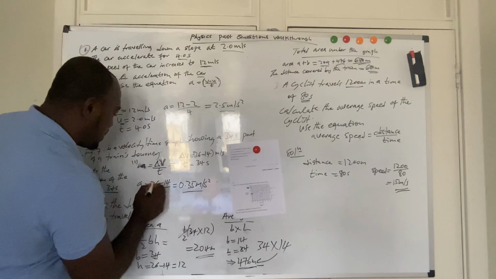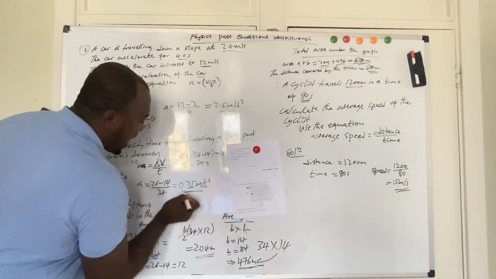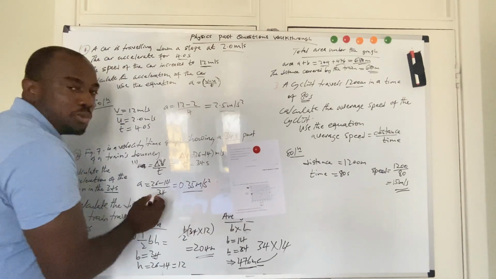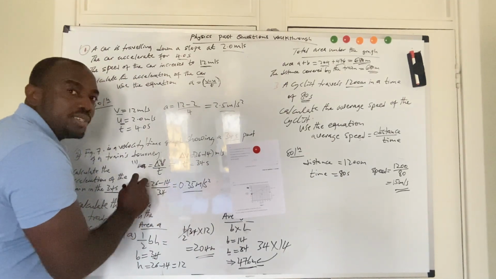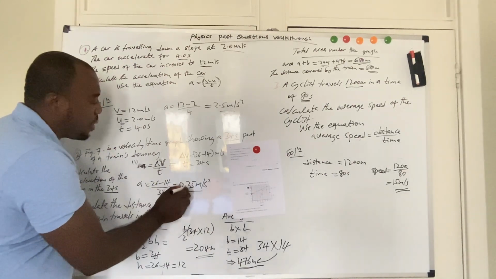So v will be 26 minus u, which is the bottom part of the graph, that is 14. Now, if we do 26 minus 14 divided by 34, we will get 0.35